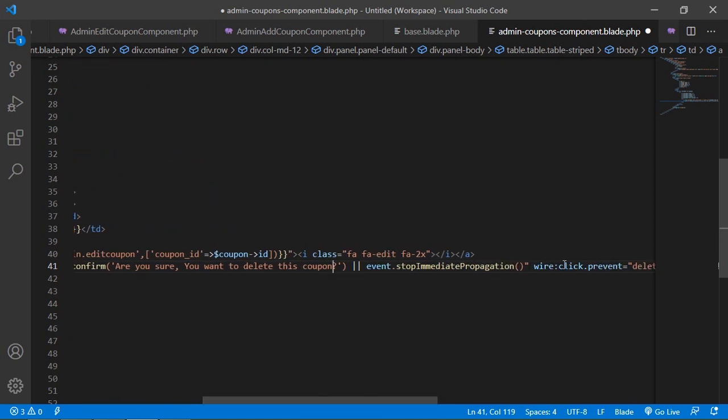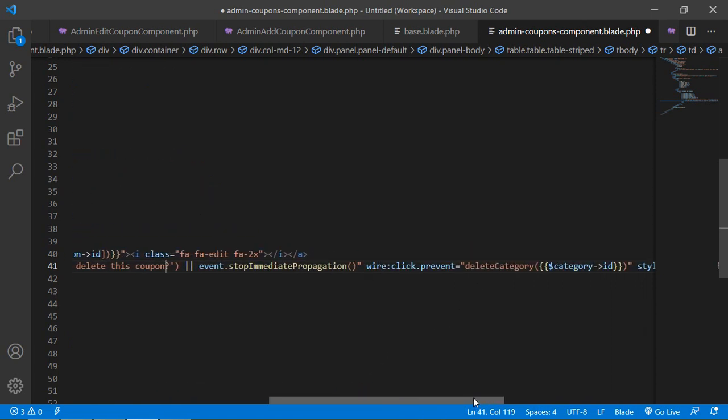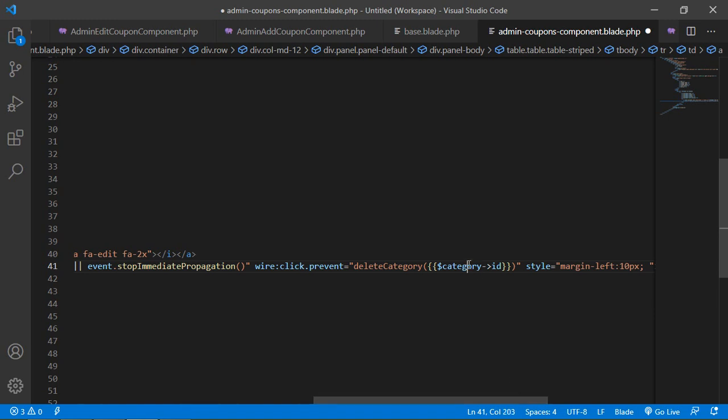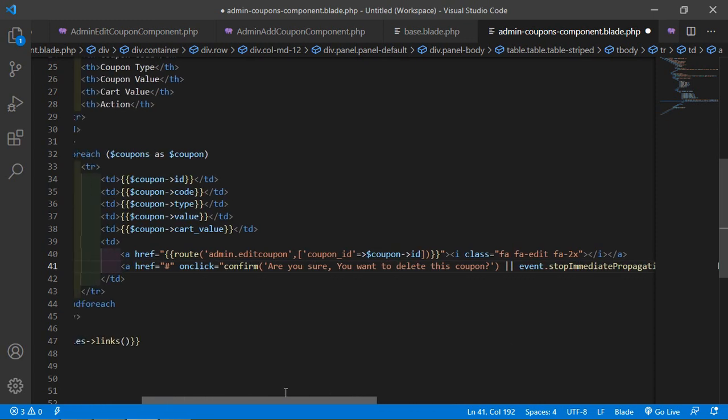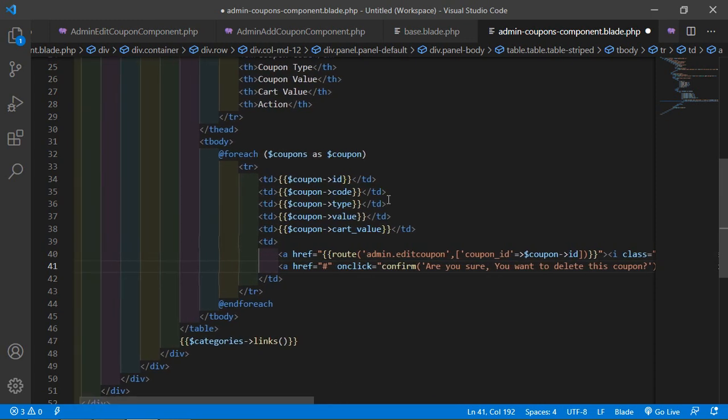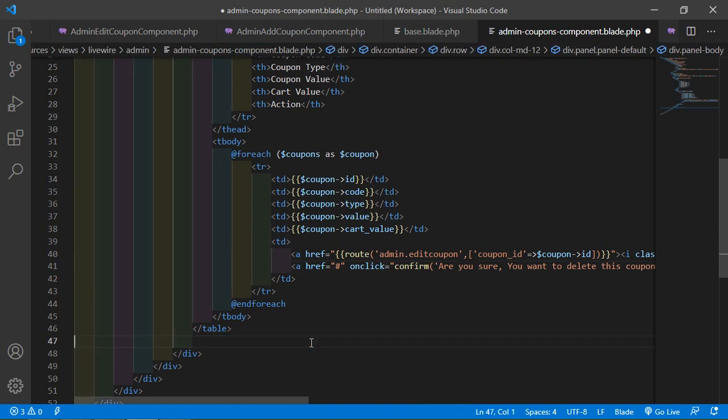Okay, and also change here coupon->id. Okay, and here the method name, function name, deleteCoupon. All right, and also remove this pagination.